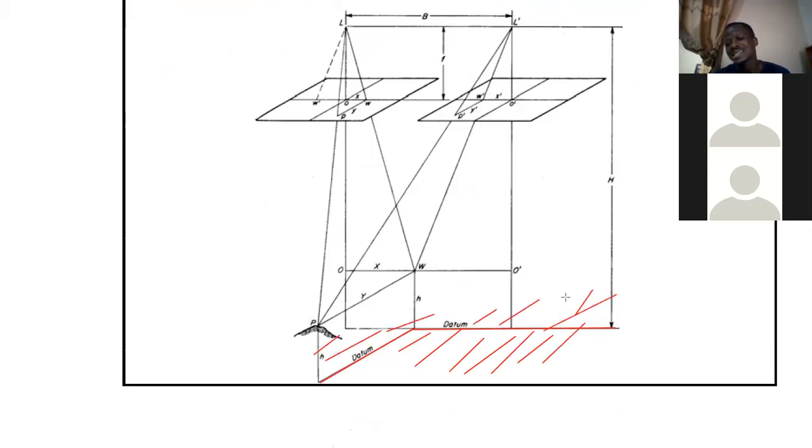So if you actually extended this, let's assume this were the mean sea level, then obviously you can imagine the datum for you, and a point P, we can measure the height of a point P with respect to the datum. All heights are measured with respect to a datum, so the H. All right. So the X